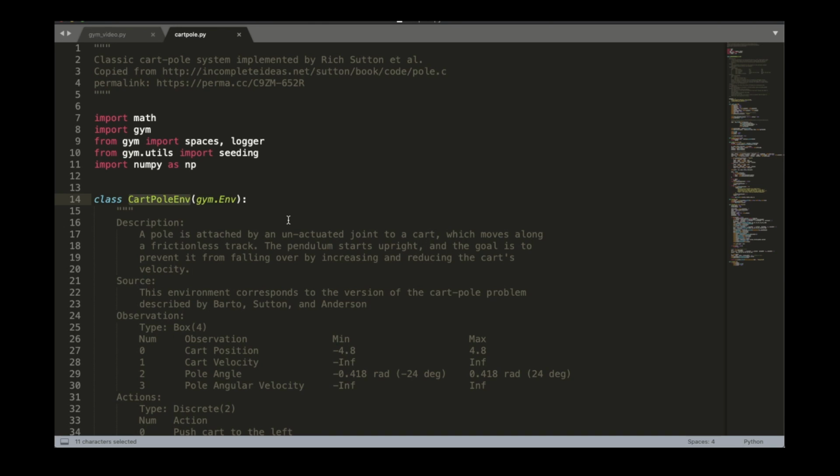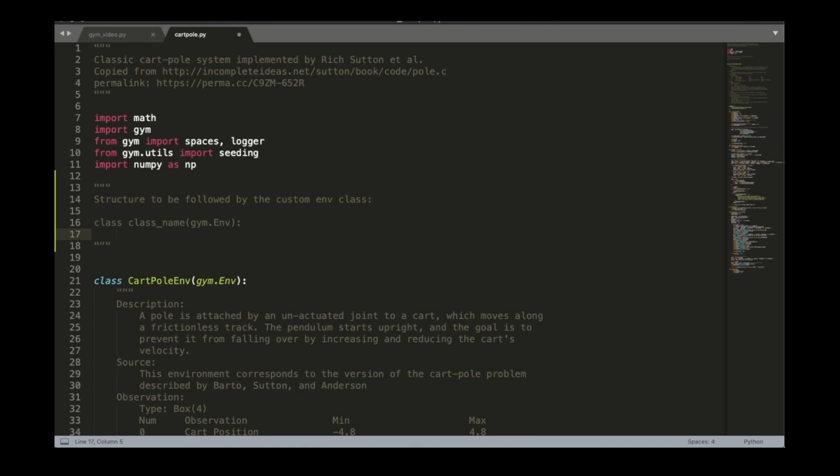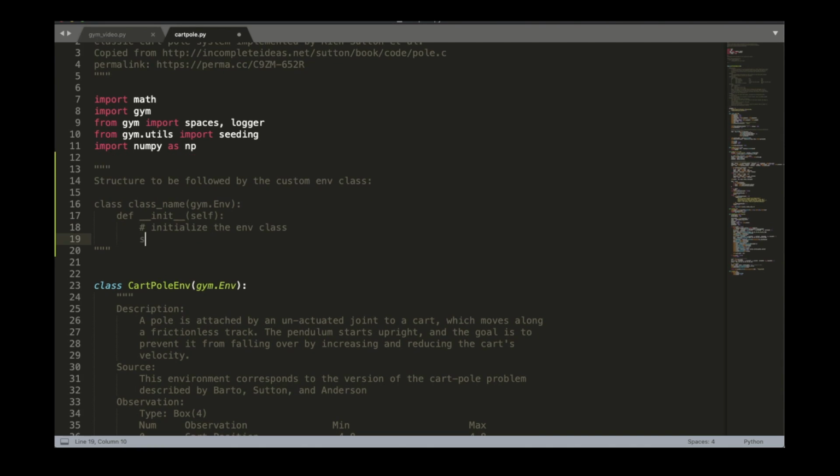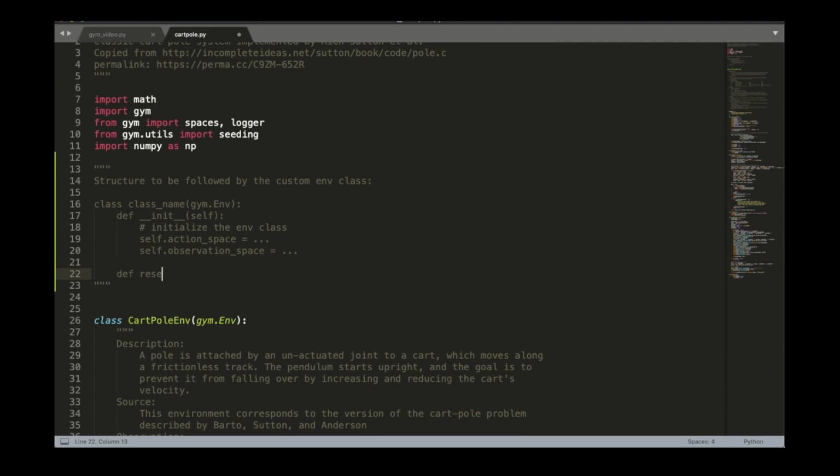For this video, we'll use a copy of the CartPole environment to see how this is done. But the idea is to have a wrapper around your target environment such that the class inherits from gym.Env, and in the init function, the class should specify the action and observation spaces, and it should provide definitions for the 4 basic functions we saw in the last video. Let's do a quick recap.